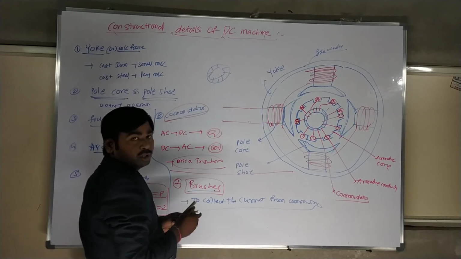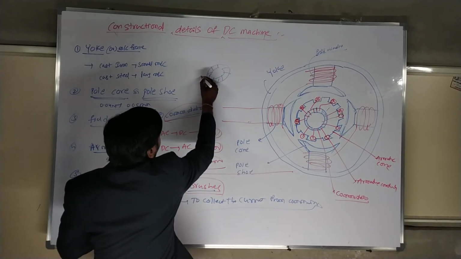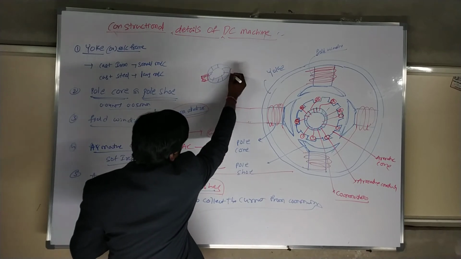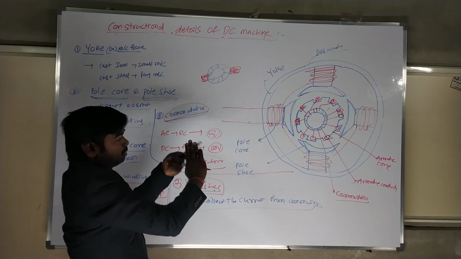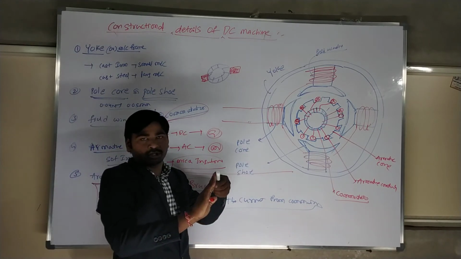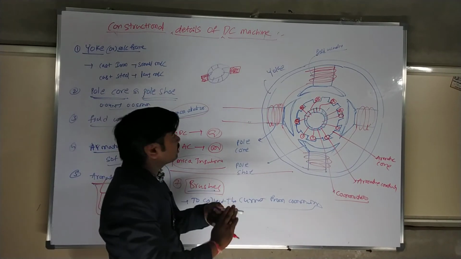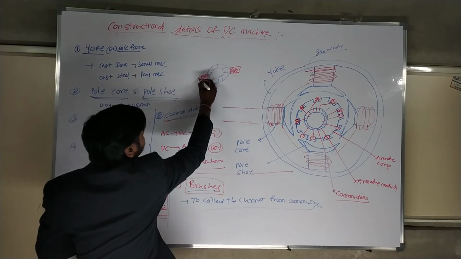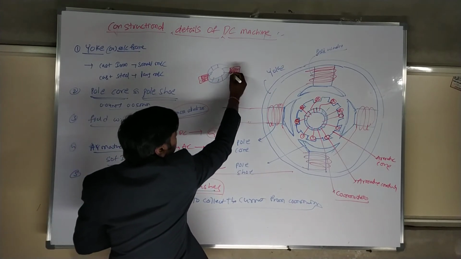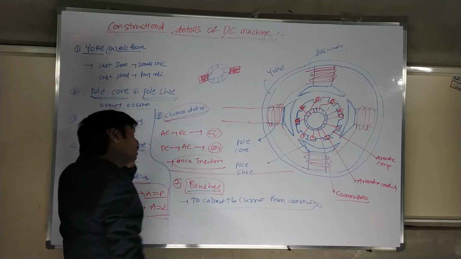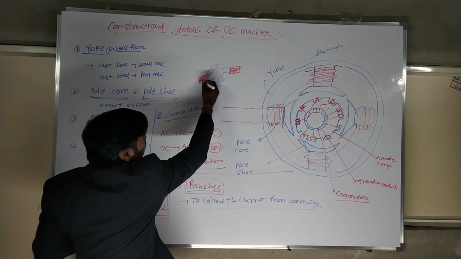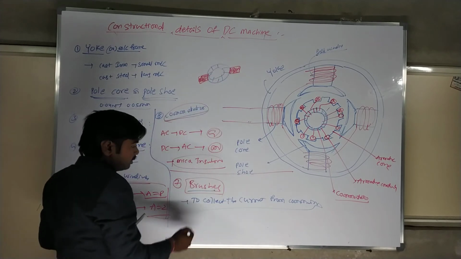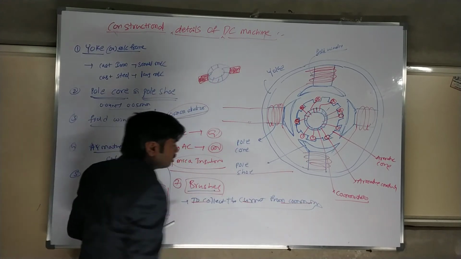There should be two brushes. For example, the brushes should be like this. These brushes should be touching this body. As the commutator starts rotating, the brushes collect the current over here. Wear and tear will take place in the commutator. That process, commutation, we will discuss very clearly. The sparking that takes place we will also discuss. So the brushes should be connected to the commutator to collect the current from the commutator body.